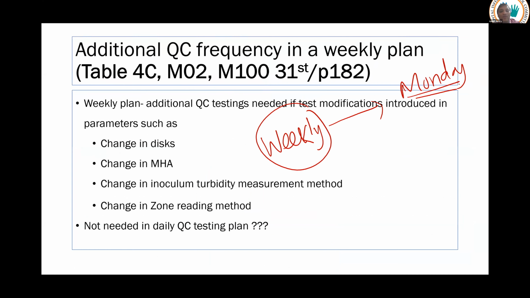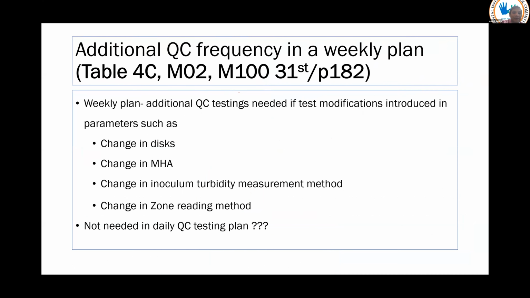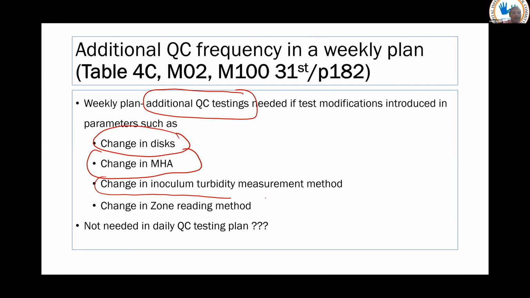So apart from once in a week testing, in a weekly plan, there are some additional QC testing recommendations. Those recommendations are if you change the manufacturer of disk, or if you change the MHA medium manufacturer or lot number, or if you have any change in the inoculum turbidity measurement method,